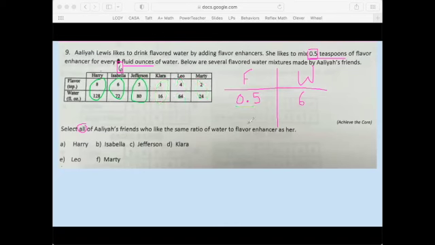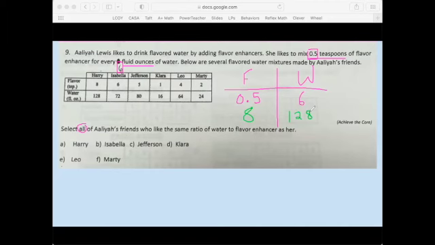So what I would do is take each of these ratios, and this is going to be a little bit time consuming, so don't be upset and don't be flustered or frustrated. I'm going to take each of these ratios and put them into my ratio table. So I'm going to put 8 teaspoons of flavor and 128 fluid ounces of water, and I'm going to try to figure out, are these